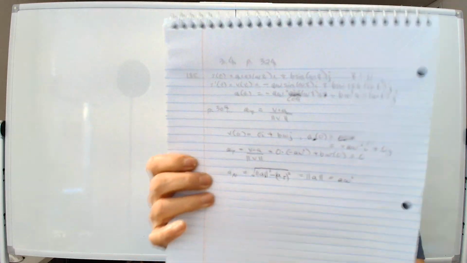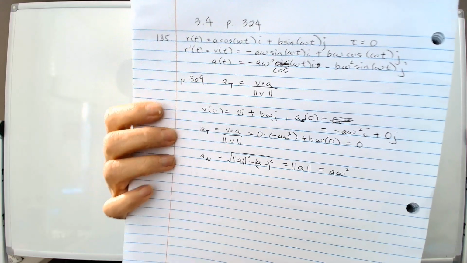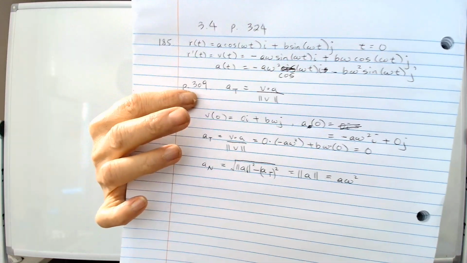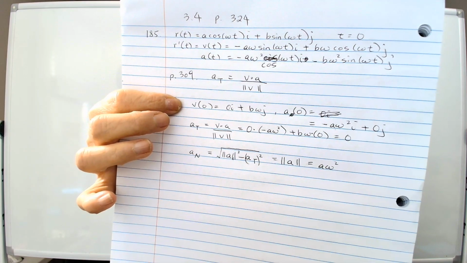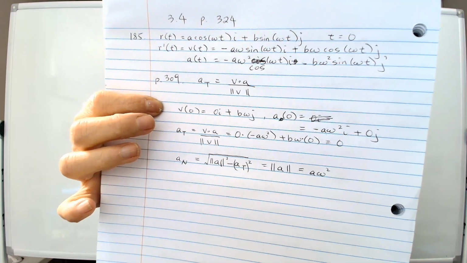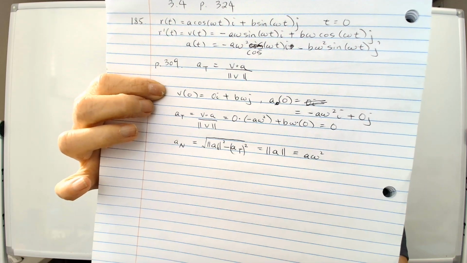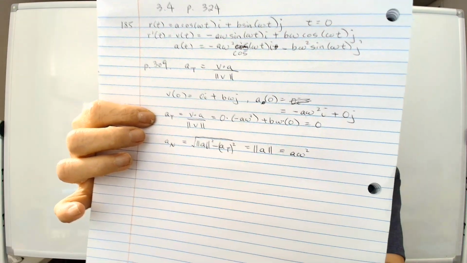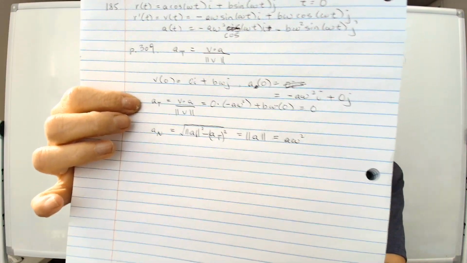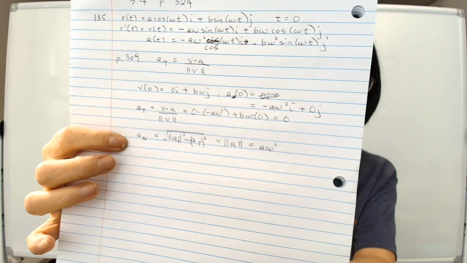Now the next problem I want to mention, not much worth mentioning, but I'll mention it, is problem 185. You're supposed to find out what is AT and what is AN. And you follow the formula on page 309, where AT is defined that way, V dot A over magnitude of V. So you figure out at some point, which in this case is t equal to 0, what V is, and then what A is. And then you do V dot A and so on. And you don't even have to divide by the magnitude of V because the whole thing is 0. So AT is 0. And then AN, we'll use the Pythagorean theorem. Okay, AN is just the magnitude of A, which is